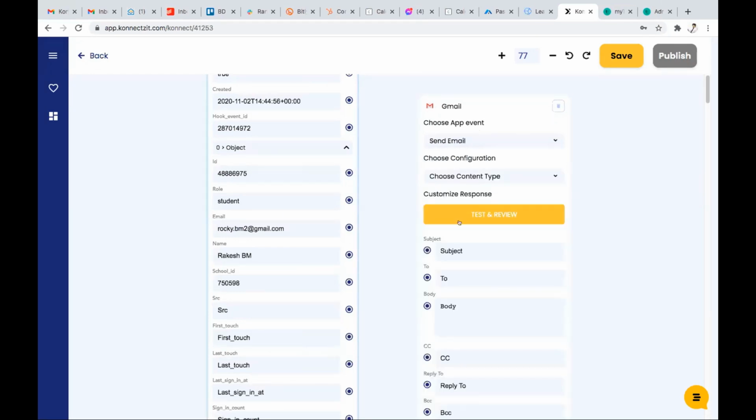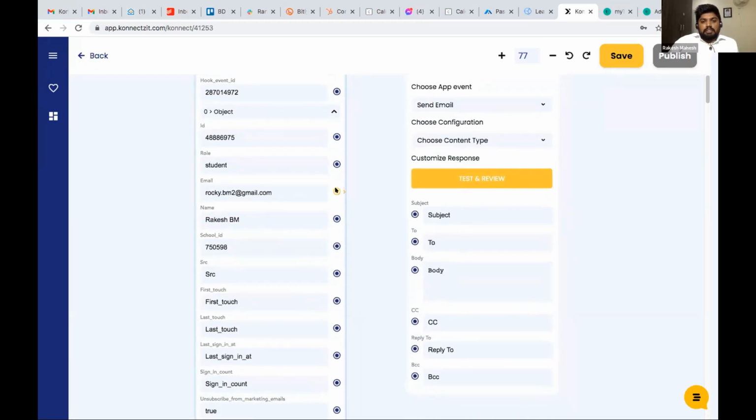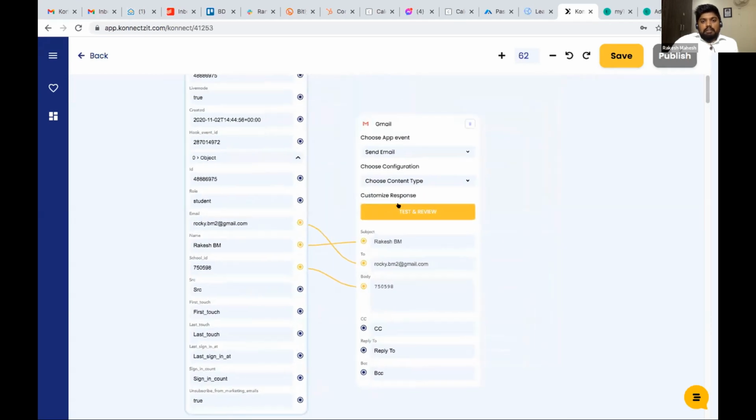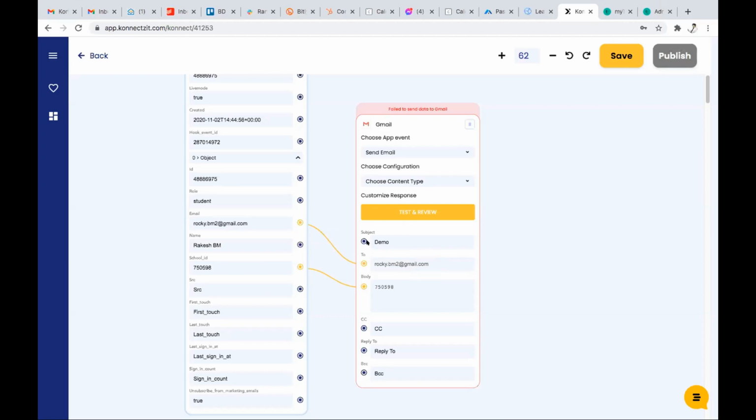So I can just create a send email. Right now I'm just connecting all these details directly, just for trial purposes. So this will directly send an email to this particular ID. I don't know, there is some problem. There's some problem with the data, so I will check that. Sure. This is how we basically need to connect this, and now we are able to send the data. Got it. Cool. I understand.